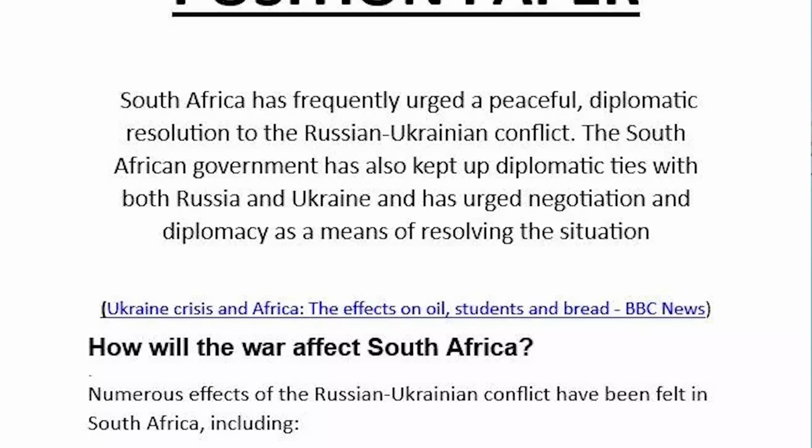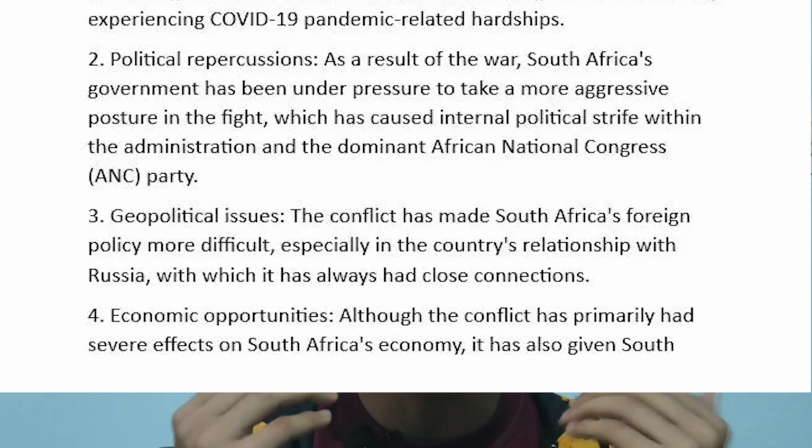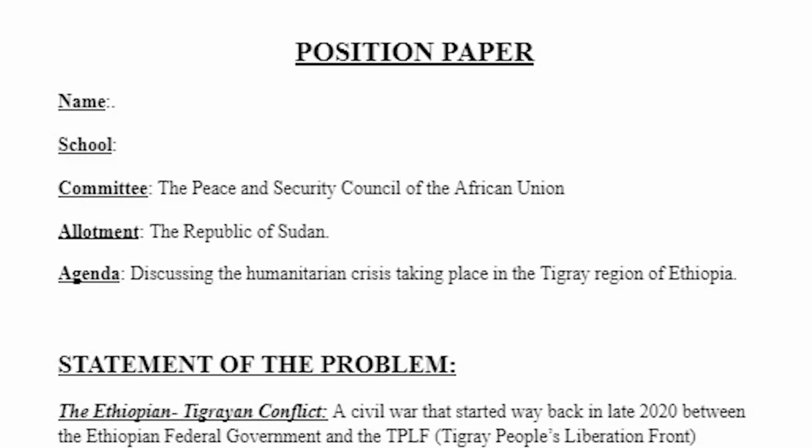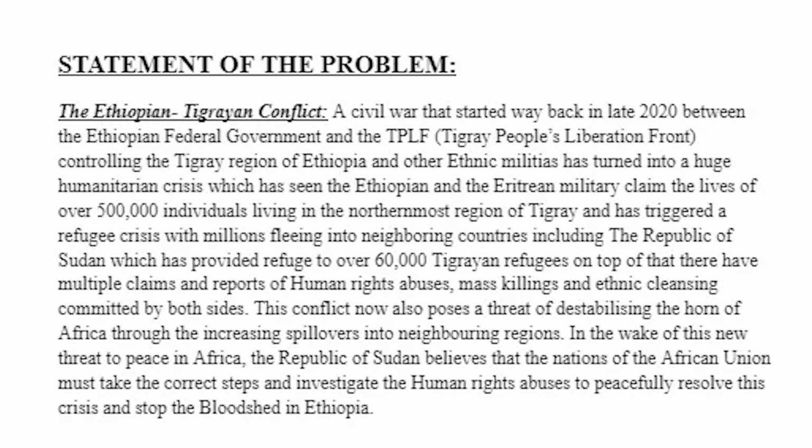The final thing is a position paper. A position paper is not something you need to worry about, but some conferences may make it mandatory, so you have to give it. So let me tell you what a position paper is. A position paper is just a paper on which the agenda is written, then where your country stands on it, then what your country has done and what your country intends to do in the future. And there is a proper format. I'll show it on the screen, and it's a pretty decent format. It's not hard. You can just see it on Google.